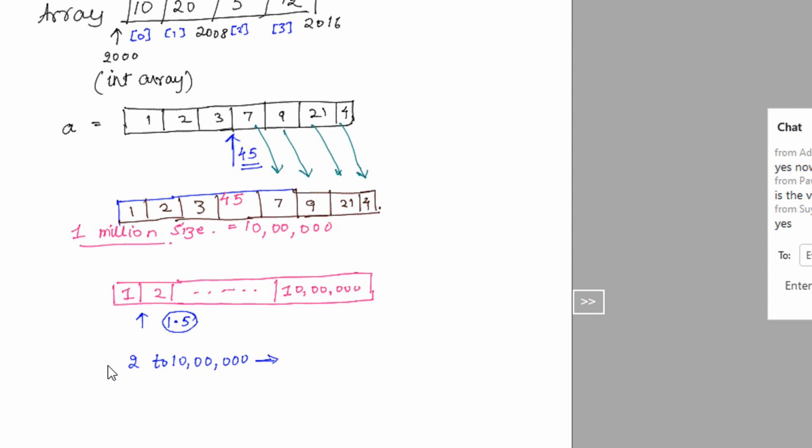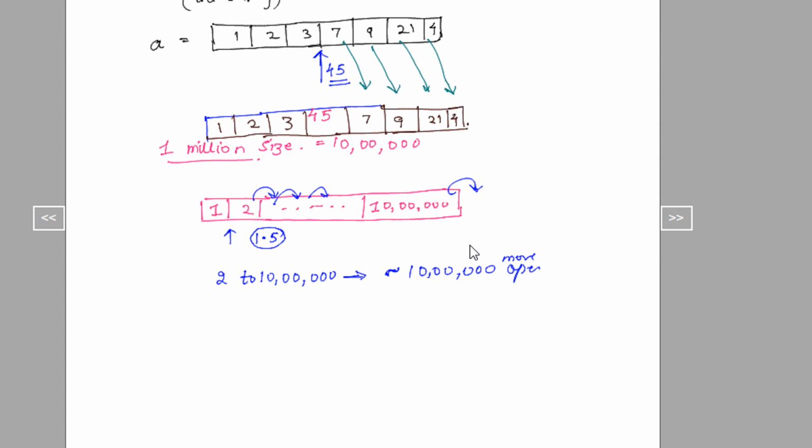You have to move all the elements on the right hand side. So roughly you have to do 10 lakh move operations. Just like 2 will be shifted to the next position, then this position, then this position, and then the 10 lakh element will be shifted to the next position. So as you can see, if you want to insert an element in an array, this process becomes very cumbersome. It is very heavy on the memory. A similar case happens when you want to delete something. So let's say we have an element here.